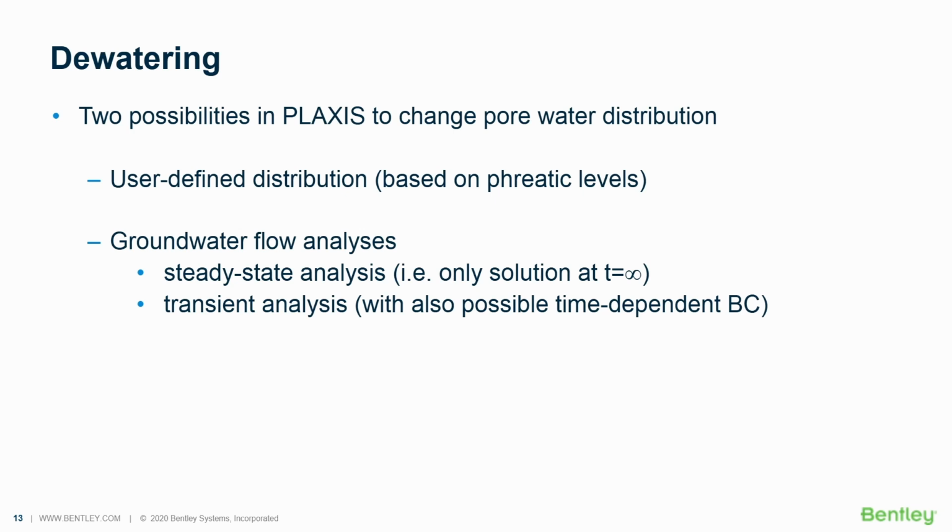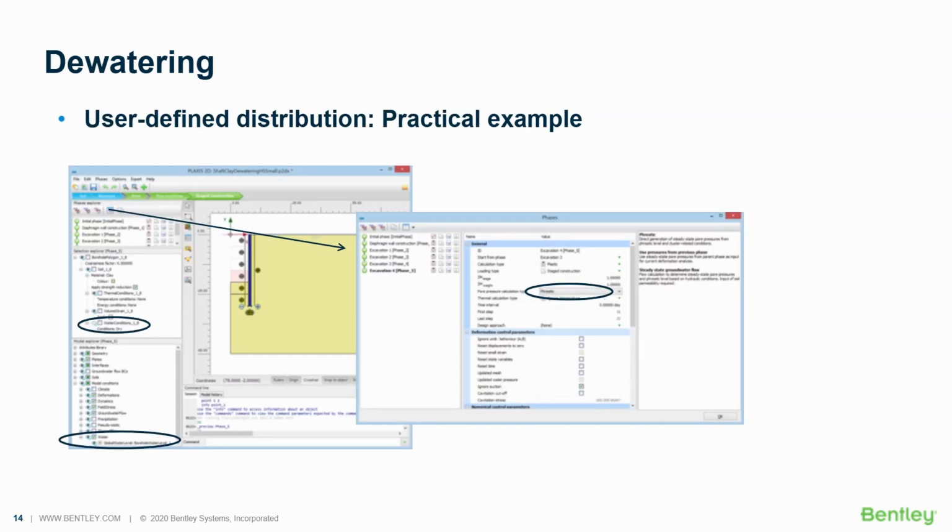So let me get to that a bit more explicitly. In case you are doing dewatering by means of the first method, usually the first thing you should take a look at is, when you define the phase, in the phase settings, you do have a property called pore pressure calculation tab, which is being highlighted here with the black ellipse,